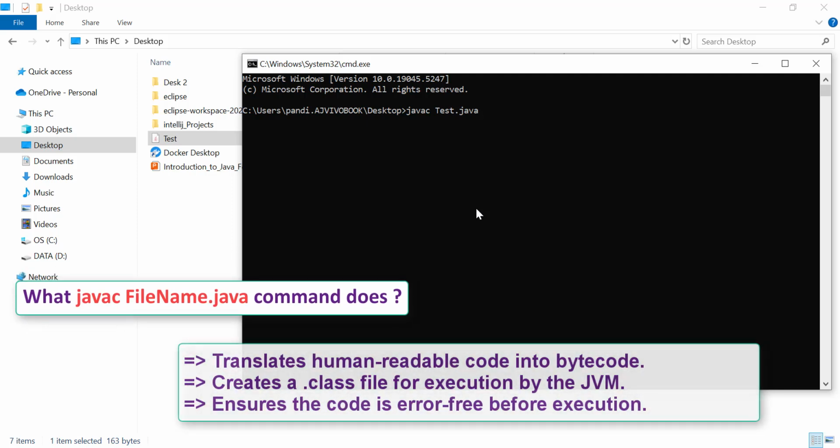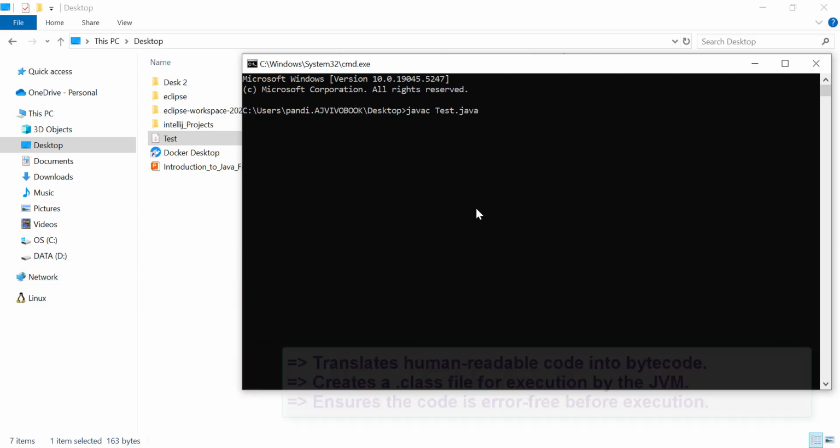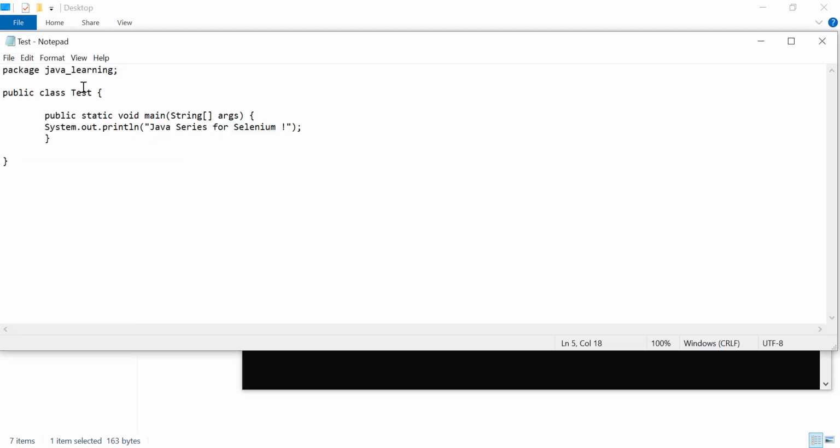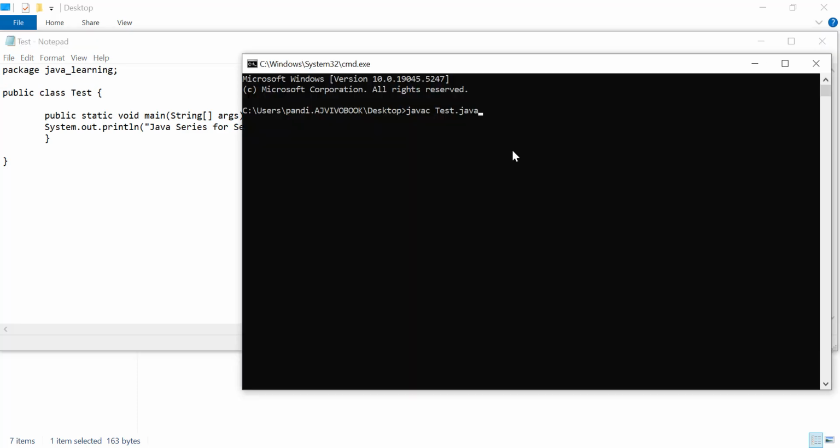And in the Java file name, what do we use? You use the class name. So when you write any Java program in any editor, your file name should be the class name only, the class which is public in that file. So if you press enter,